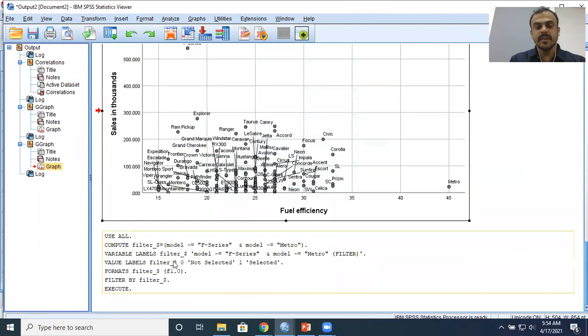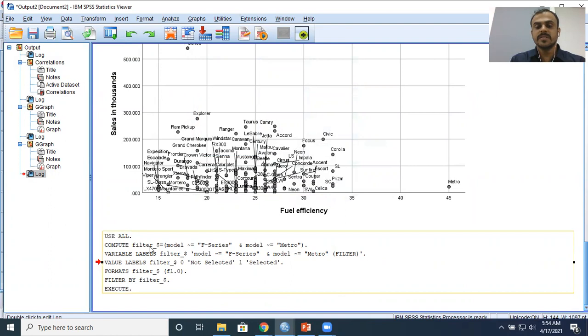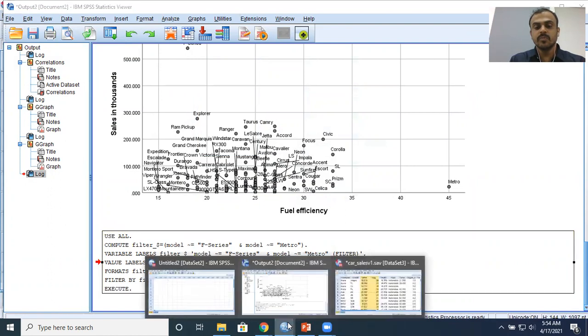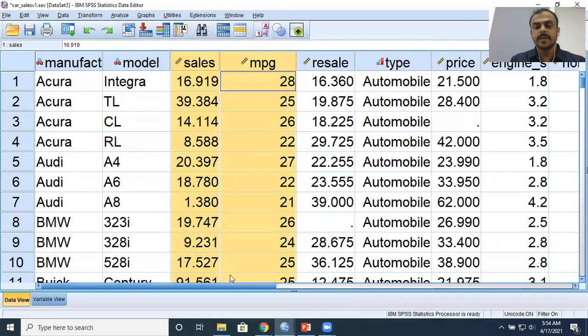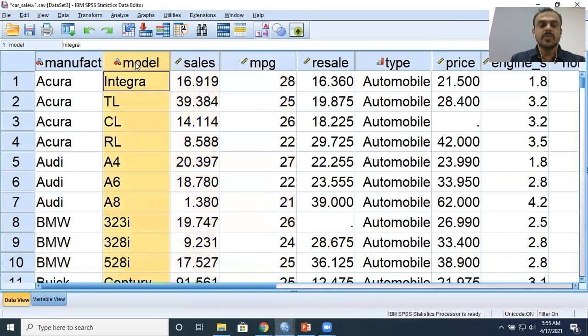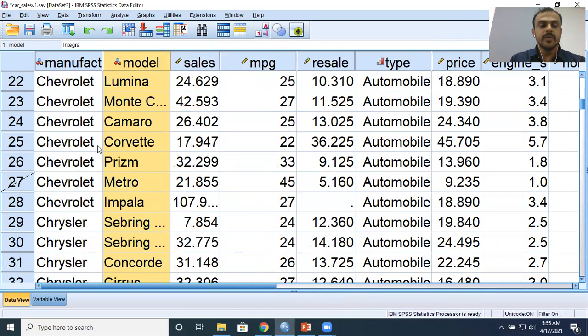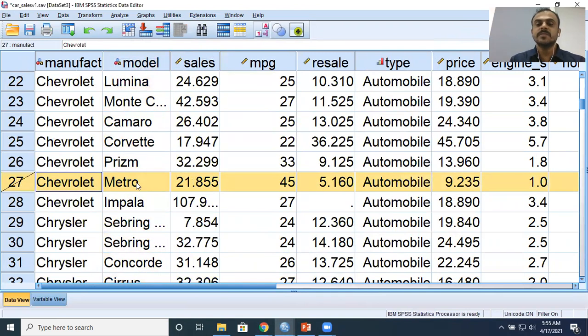Has it run? Yes. It has run all these, it is just giving you a syntax here, but let me just go to my data set, right? At the bottom right-hand side corner, it says filter on. So the query option is on, right? If I scroll down, you can see the 27th case is struck off because it's a Metro, right? Which means that the query that I have specified earlier is working.